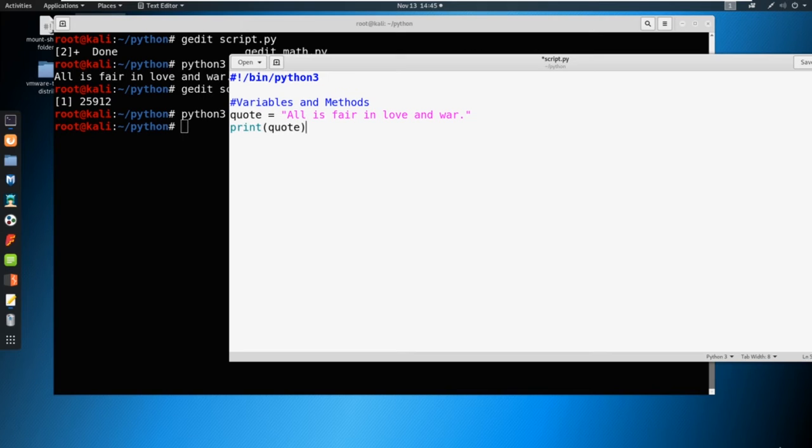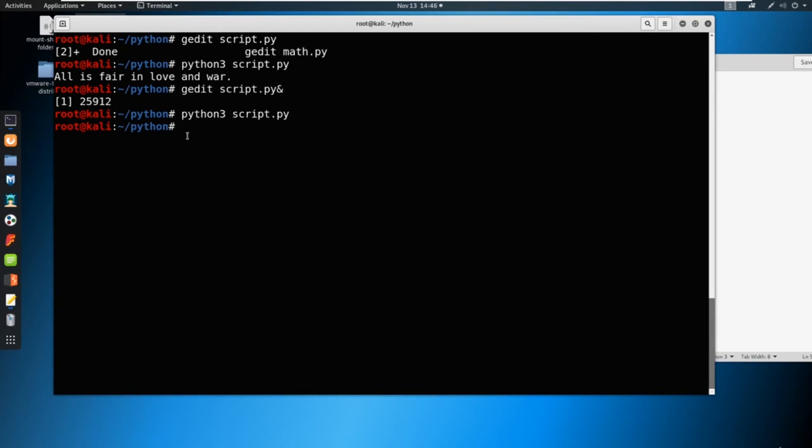Now we also have what are called methods. Okay, so methods are basically functions that are available for a given object. Don't worry too much about that description. That's a very dictionary-based description. Just think about what a method does. So I'll show you these methods here. A method might look something like print quote, and then let's say we want to make quote upper. So in order to make it all uppercase, we're just going to throw in this method of upper. So we just say dot upper. And if we were to save that and print it,